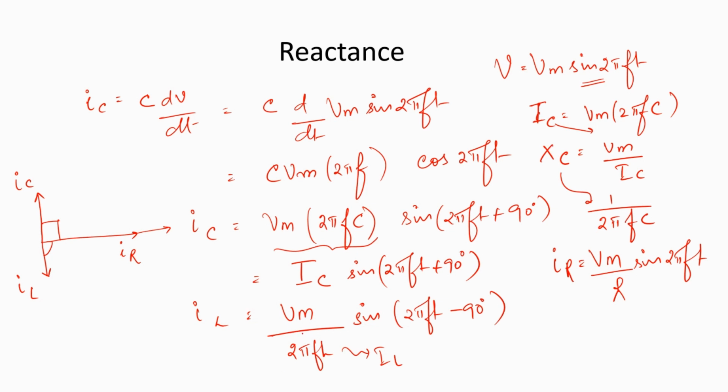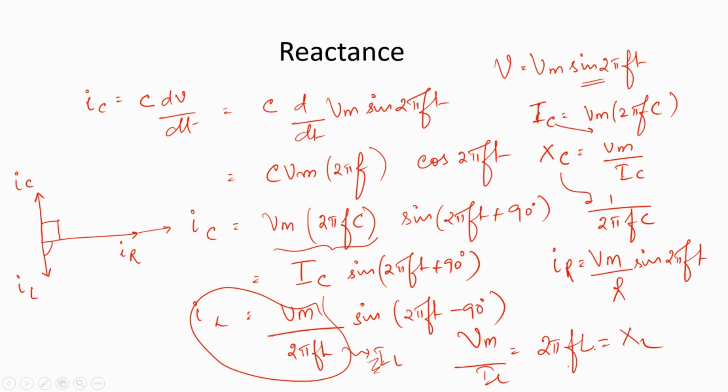On the other hand, if I look at the expression for IL over here, right? So IL, now Vm by IL turns out to be nothing but 2 pi f into L. So Vm by 2 pi fL is IL, and when we cross multiply, we'll get this. So this is nothing but XL. So let's summarize the expressions for XL, XC, and also the phasor relationship for the currents in the reactive components